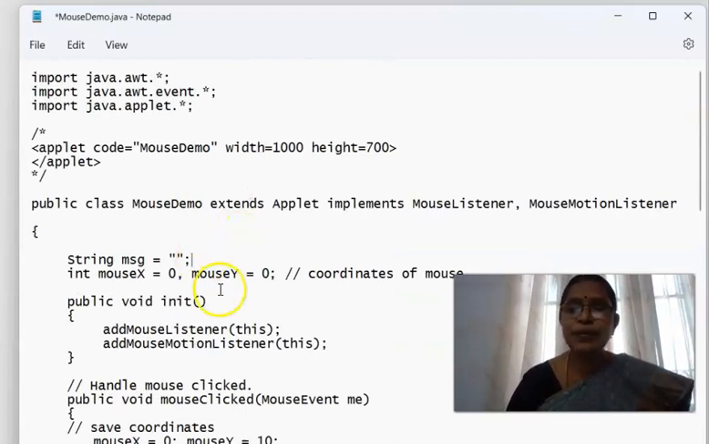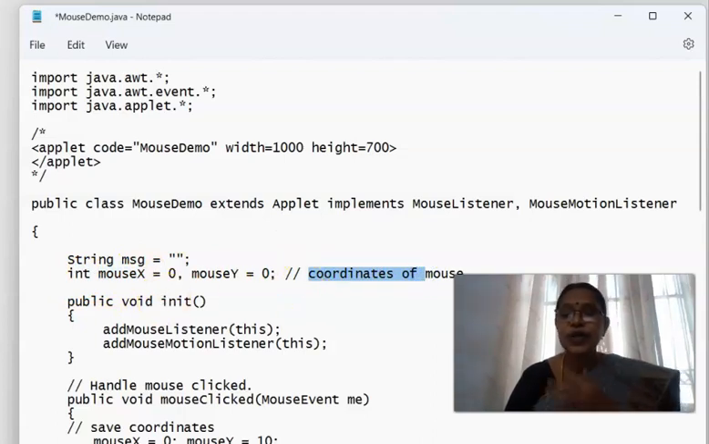So this is a very simple program where we have created an applet. Since in the applet we are using mouse listener and mouse motion listener, we implement both these interfaces, mouse listener interface and mouse motion listener interface. And mouseX and mouseY are the two variables of type int, which receive the coordinates of the mouse. Wherever you press the mouse or you release the mouse or click the mouse, its coordinates are received